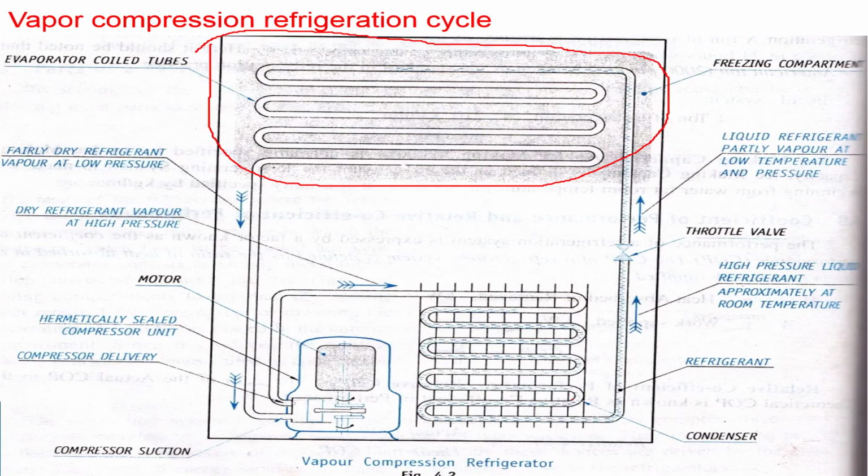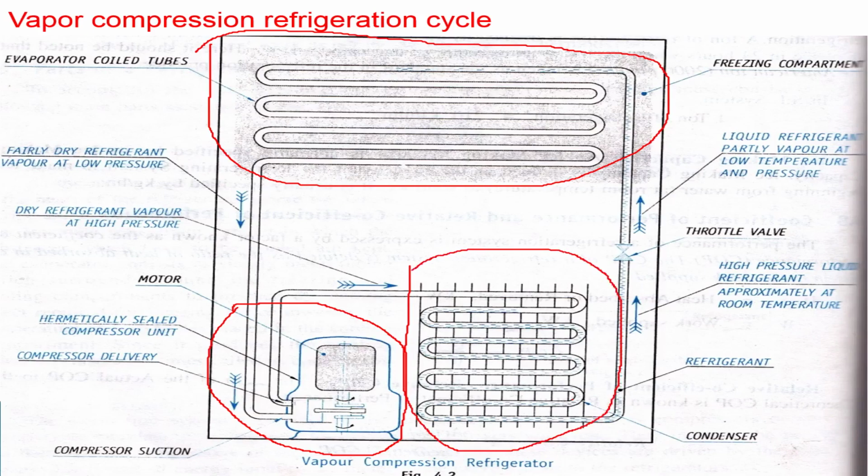Located at the space which is to be maintained at low temperature. Then the second thing is the compressor, which is used to raise the temperature of the refrigerant above the atmosphere. Then this is the condenser, where the high temperature, high pressure refrigerant enters and gets converted into liquid by rejecting the heat to the atmosphere. And then this is the throttle valve or expansion valve, wherein high pressure liquid after passing through expansion becomes low temperature, low pressure liquid and enters into the evaporator.